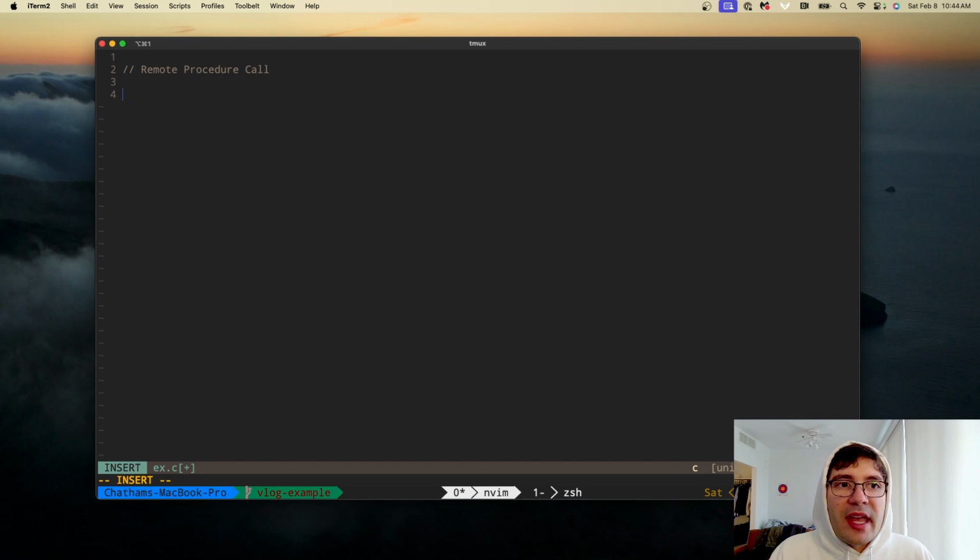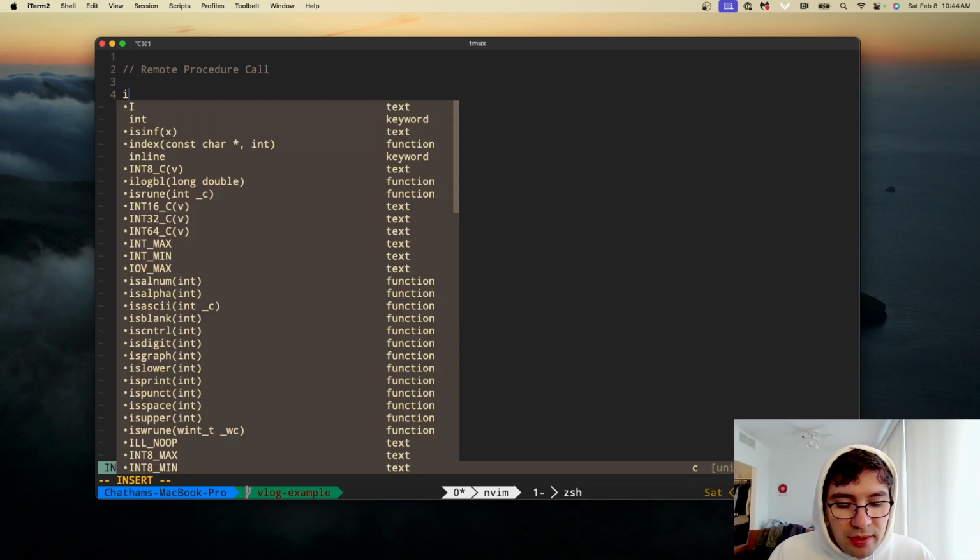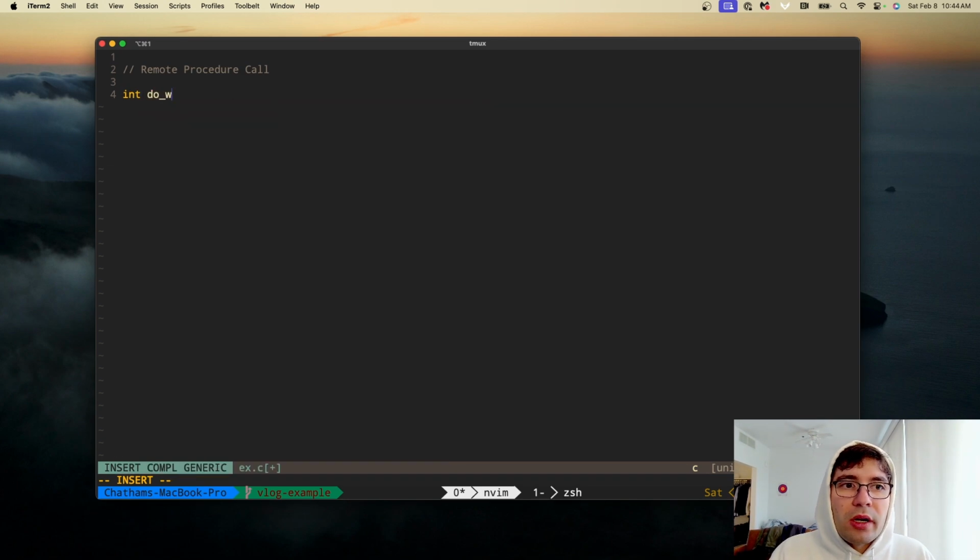The idea is that we want a function which we can call on our local machine that looks just like any other function, but behind the scenes is actually sending a request and waiting for a response from a remote server of some type. So for example, if we had a function do work